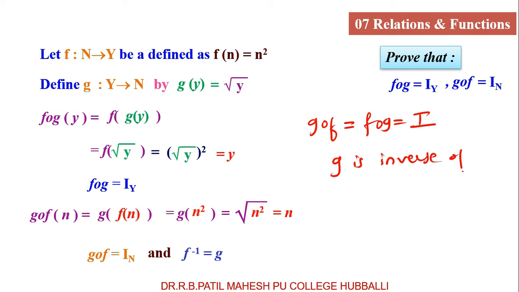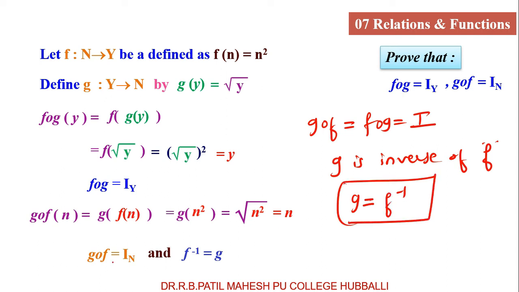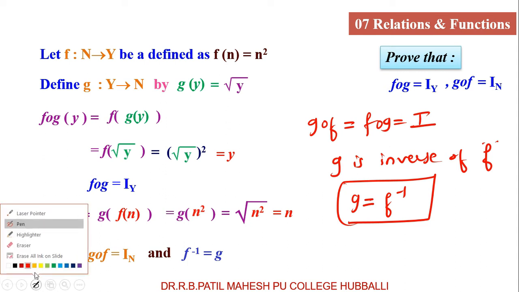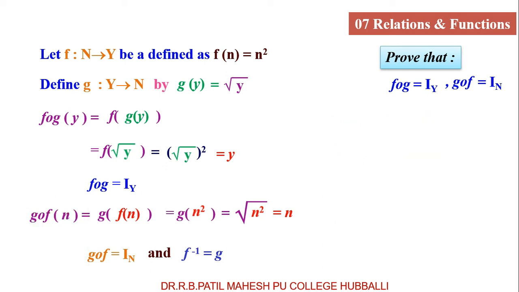Try to understand, g is the inverse of f, that we denote as f inverse. f inverse is nothing but g, g is nothing but f inverse, only when the condition g composition f and f composition g are both equal to identity function. So after this,